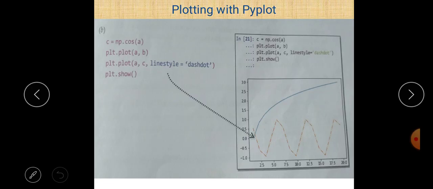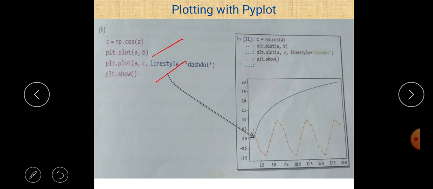In this diagram you can see that two different lines are plotted. The first line is plotted between a and b, and the second is between a and c, which is nothing but np dot cos a. Different cos a values are there, and the line style is dash dot.